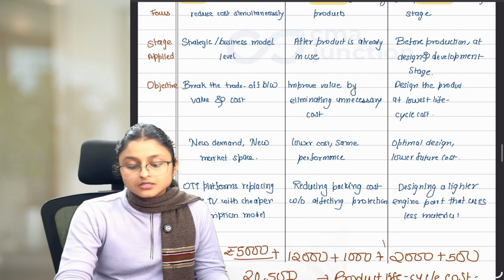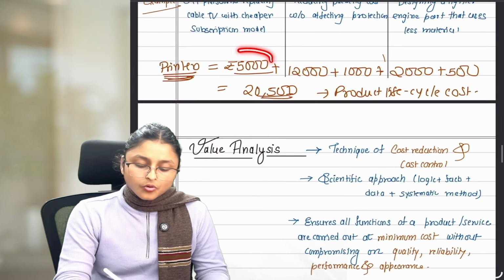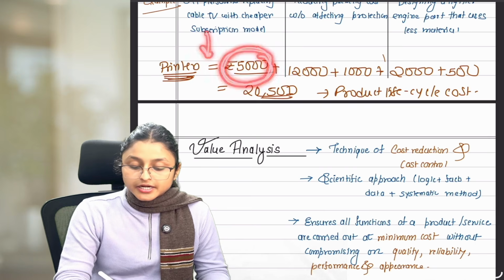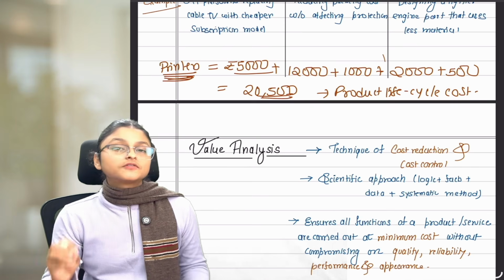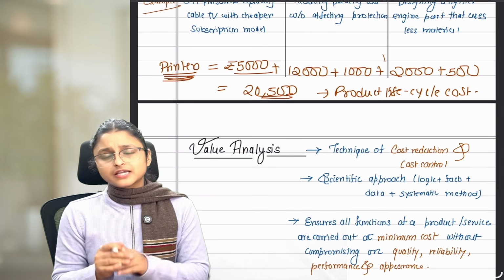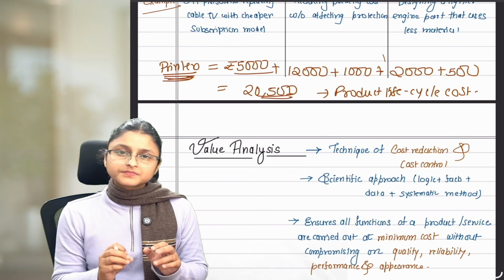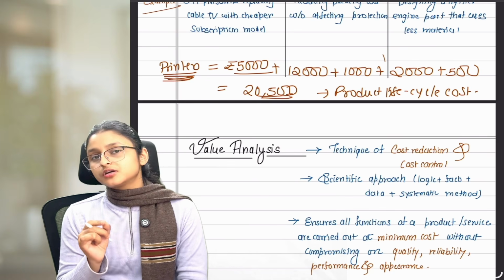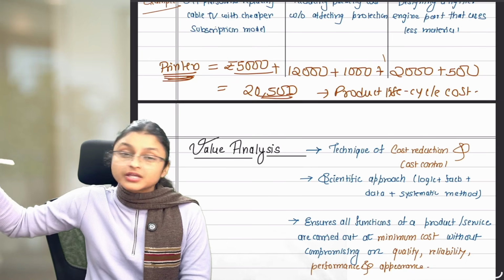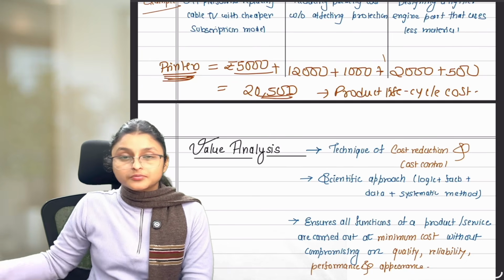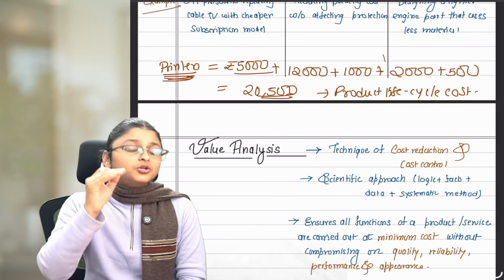And that is what is written here, that in design stage we will try to lower the product life cycle cost. That means not only reducing the purchase price, reducing everything which customer will incur on this product from buying till disposal of the product. And why we are focusing on life cycle cost? Because think about it, customer will buy on the purchase price basis, right? Answer is no. Whenever customer are buying the product, they see what the product is costing right now and how much extra cost they have to bear while working on that particular product. And hence it's very important for the company to design a product such that it has a lower life cycle